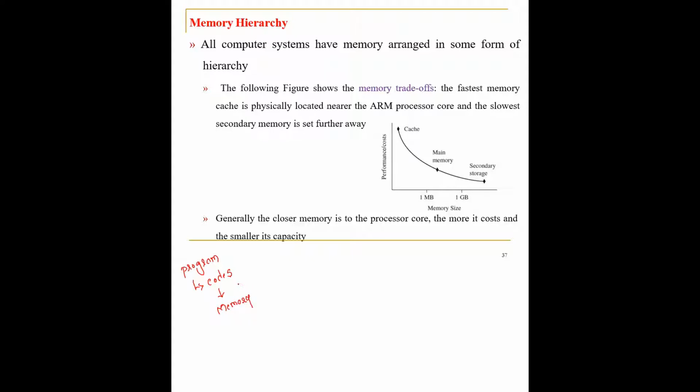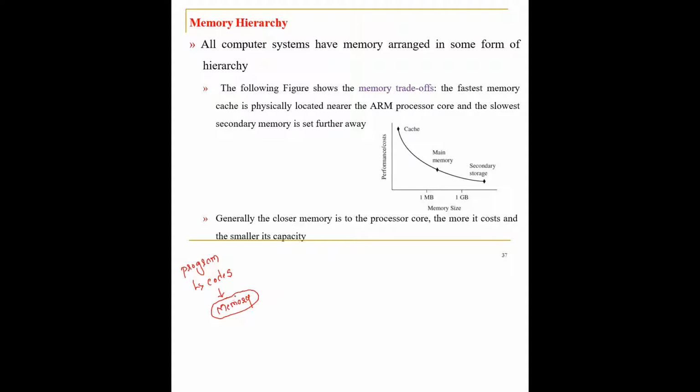Before selecting the memory for an embedded system, you need to compare the price, the performance, and the power consumption, and also decide some of the characteristics of the memory. You need to decide the hierarchy, the width, and the type. There are various parameters that have to be decided or known before I decide the memory of the embedded system.